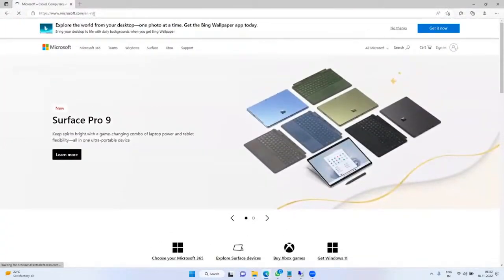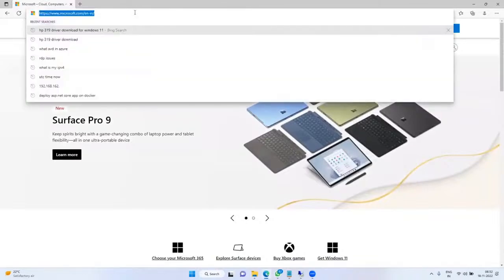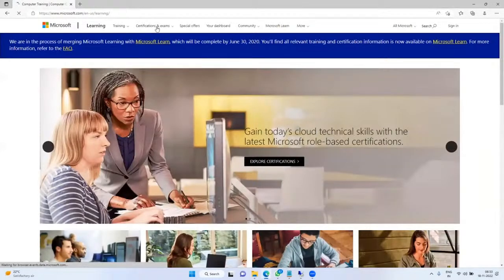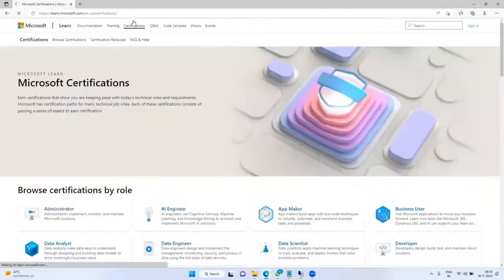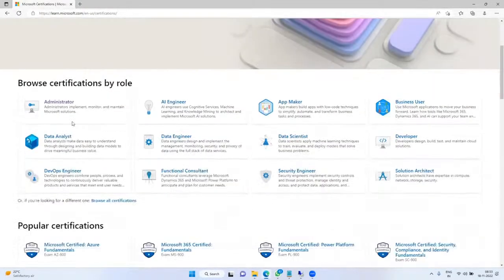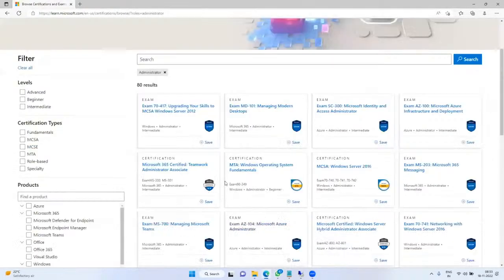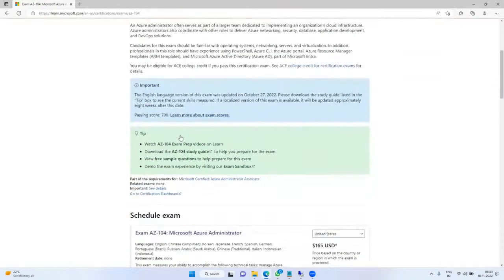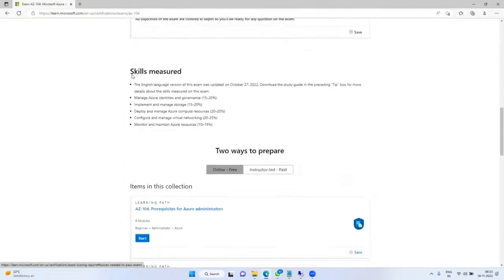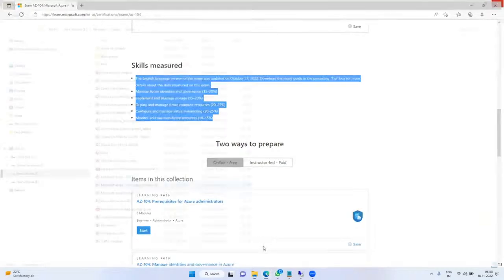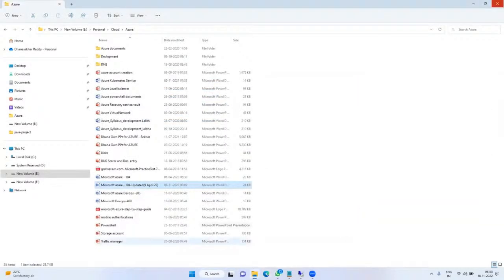So navigate to learning. Here, administration. So these are all the syllabus. Skills are measured. Fine. Next, other thing is